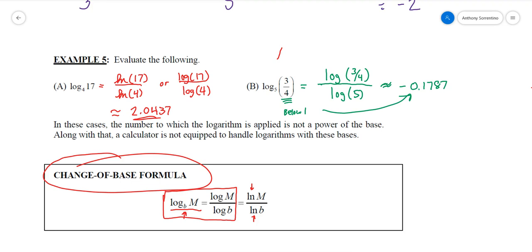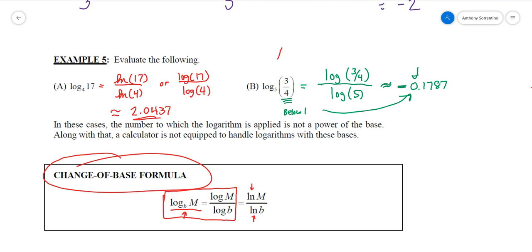Because remember, raising a number to the 0 power is 1. Anything between 0 and 1, which means you're looking at fractions and decimals with a 0 in front of the decimal place, you're going to start seeing stuff which comes out to be negative,